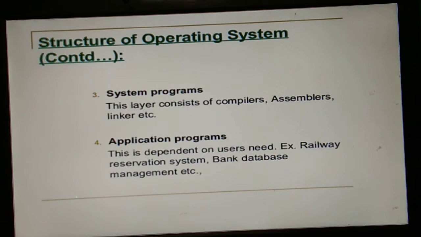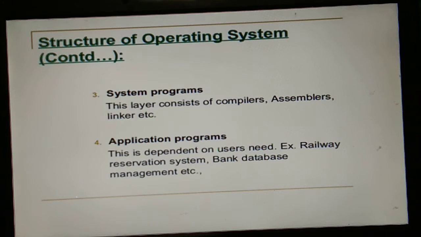Now our third one is the system programs. It consists of various types of layers like compilers, assemblers and linkers. Our fourth one is the application program.